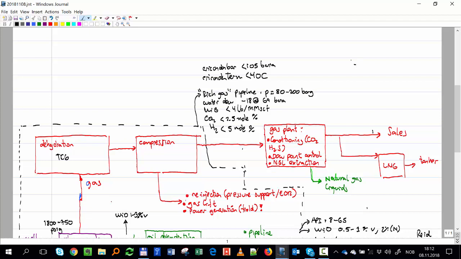So the dew point has to be -10 at 50 bar. Okay. The water dew point, I have to take it down to